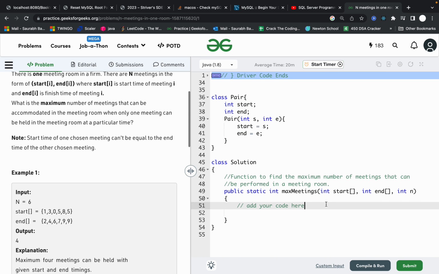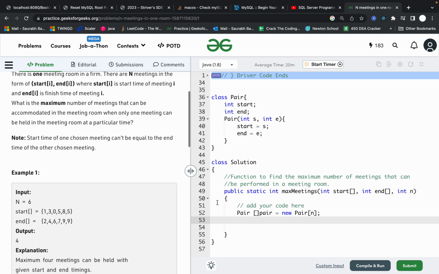So we will be making an array of type Pair, equal to new Pair, and its size will be the same as the size of the arrays given to us in input.